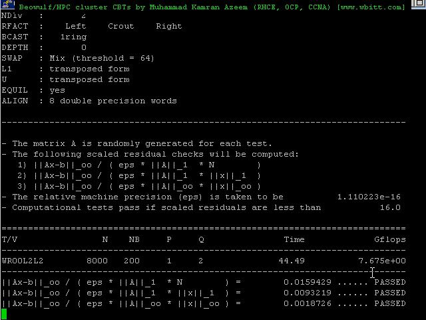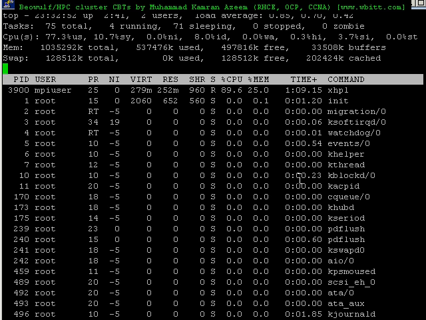Okay, the first result is already out. 6.7 gigaflops I've already achieved. It's good progress. But that is how you manage. You just keep tweaking the HPL.dat. Somebody said, among my colleagues, that it's black magic to handle HPL.dat and tune it to get the most computing power out of your cluster. If you go on your node again, you will see it touching 90%, almost